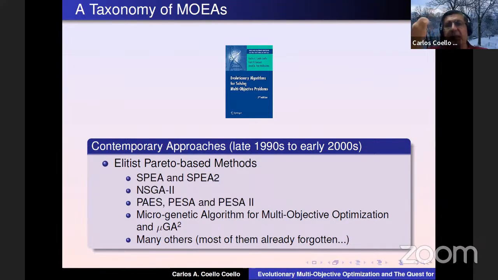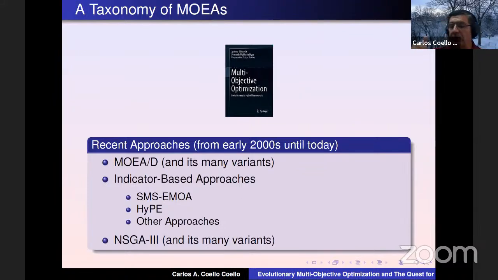Then there were many others, the Pareto Archived Evolution Strategy, the micro-genetic algorithm for multi-objective optimization, and so on. Many others, most of which have been forgotten. People never use them, and they don't use them right now, of course. Then from the early 2000s to today, we have the algorithms that people normally use these days. For example, MOEA/D, the multi-objective evolutionary algorithm based on decomposition, introduced in 2007, is very popular today. We have a family called indicator-based approaches, from which the first algorithm was the Indicator-Based Evolutionary Algorithm,